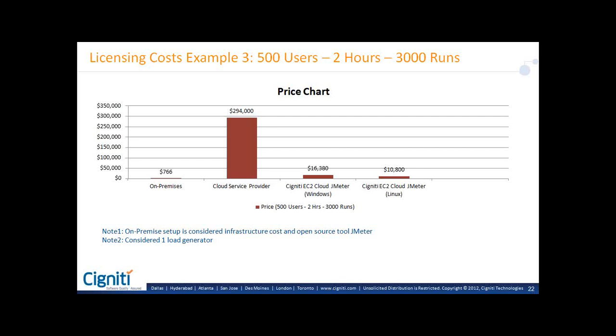And even if we use our own Amazon EC2 lab and do the load generation from there, the cost is huge, like 20K or 10K. Before we go to the demo, I will just summarize when we should do performance testing from